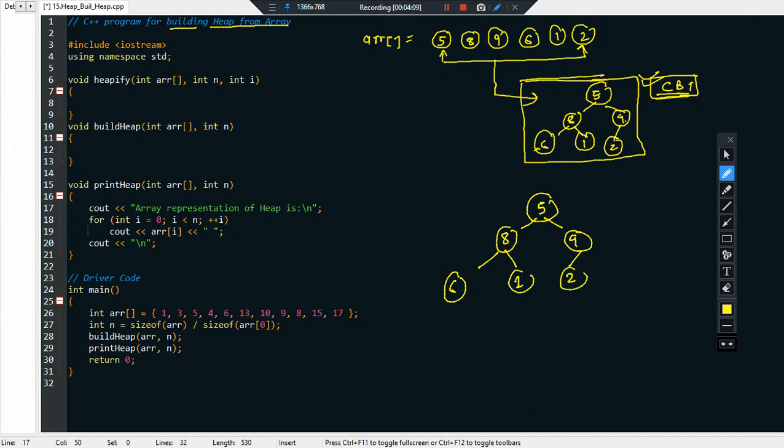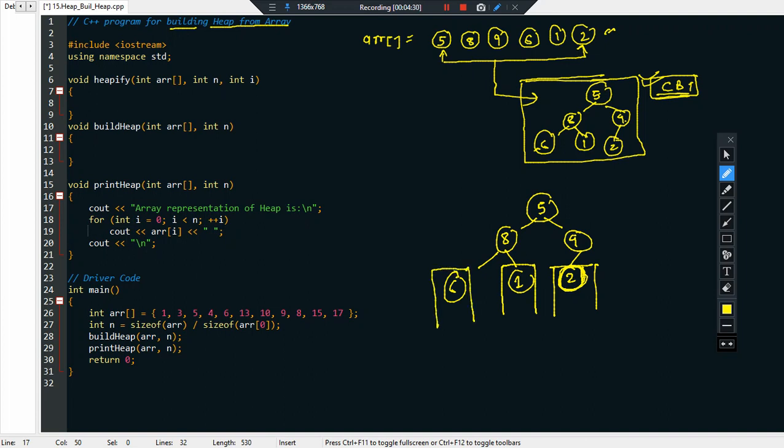What is the last element? Definitely this last element, 2. You start with 2, consider this as a root node, and try to heapify this subtree. Then move to the second last and heapify this subtree. Now move to this and heapify this subtree.